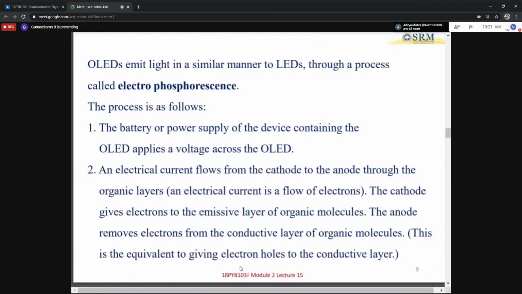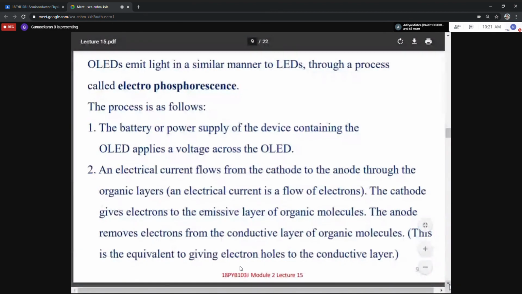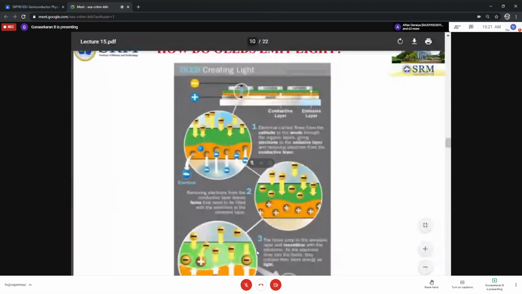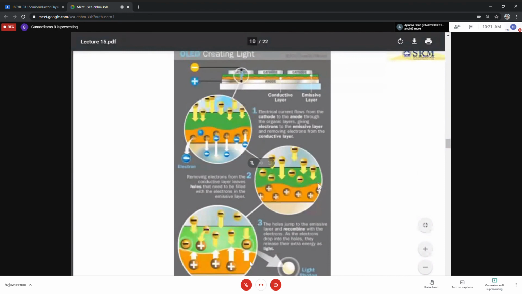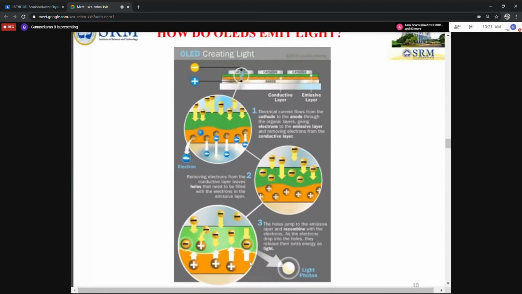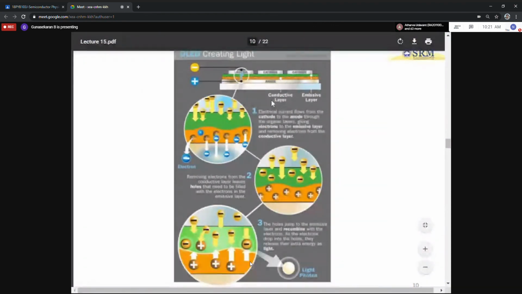Okay, what happens? I am going to explain with the help of the diagram. Is the diagram visible, please? Yes, okay. Now carefully listen. How they emit the light radiation, I will explain. Please carefully listen. See, these are your layers. Different layers are there. And first, when the battery is switched on,